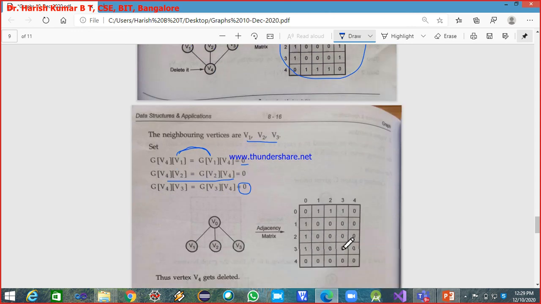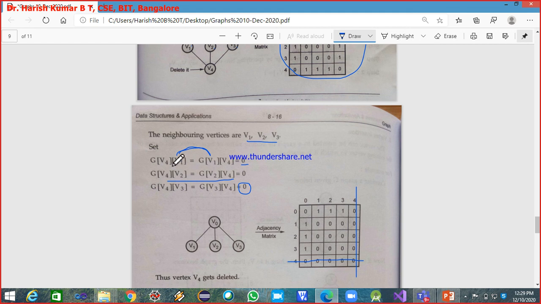You can observe this is the corresponding adjacency matrix after V4 gets deleted. You could also drop this row and this column, but we have still maintained it and updated everything to 0.